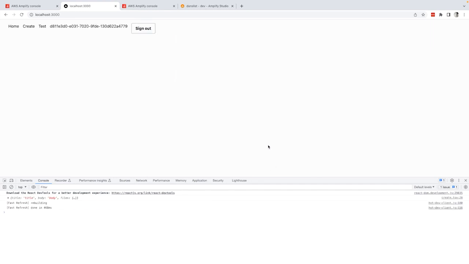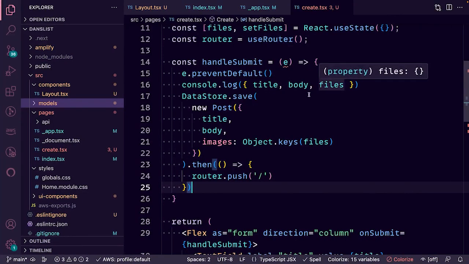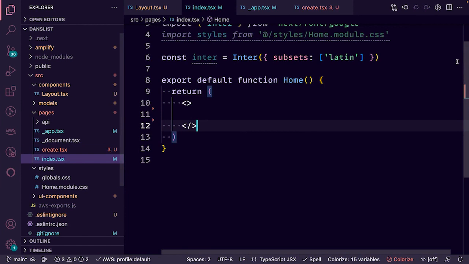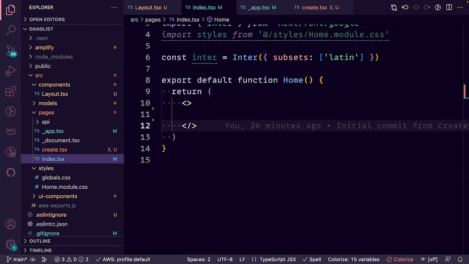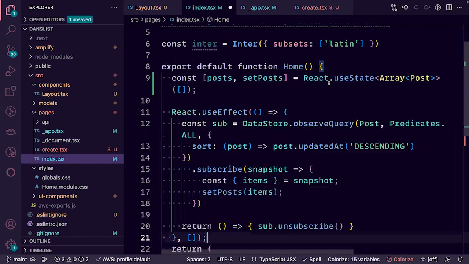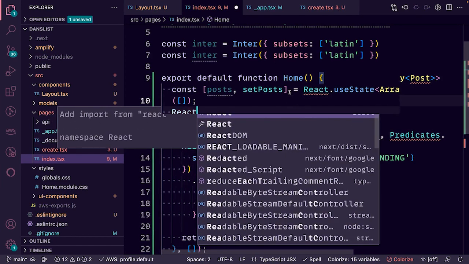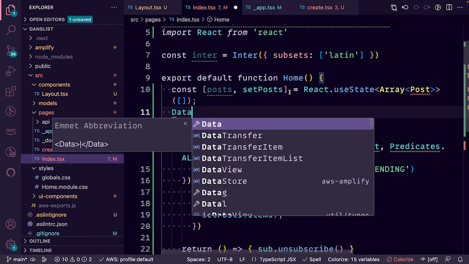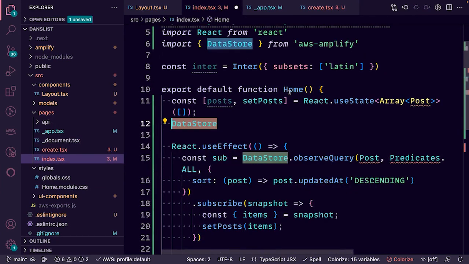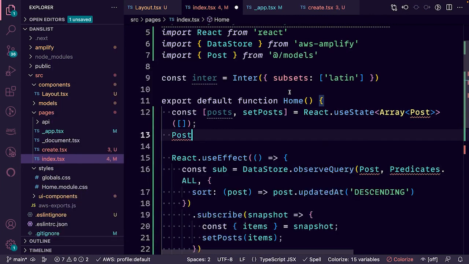Okay, and while we didn't get any confirmation that it's saved because we're not seeing any of the posts now, it did save. So let's create a homepage where we can just view all of the posts. To make this a little quicker, I'll just copy and paste most of this and explain what I'm doing. So we can also use DataStore to query for data. So what I'm going to do, let's make sure everything is imported correctly. DataStore, Post models,